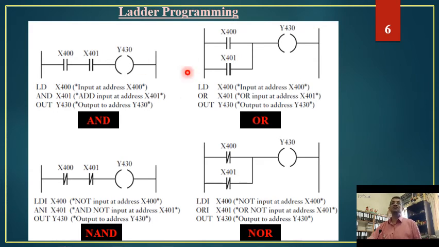So one can think of writing a ladder program itself, then convert it into machine code and load it to the PLC, or one can also write this instruction set directly, convert that to machine code, and then load it into the PLC and execute that particular program. So I hope it is clear how to write a ladder program and how to convert a ladder program into an instruction cycle.